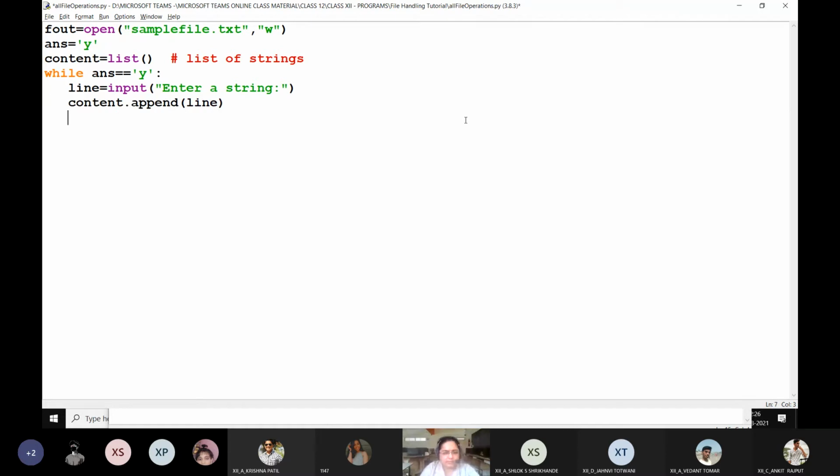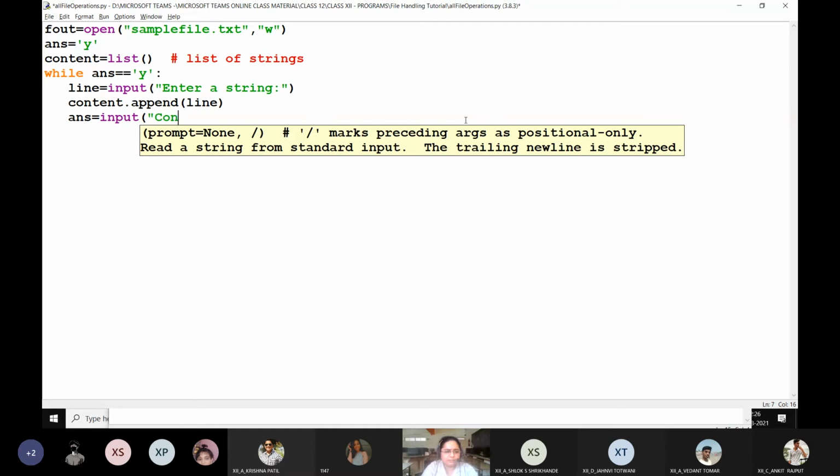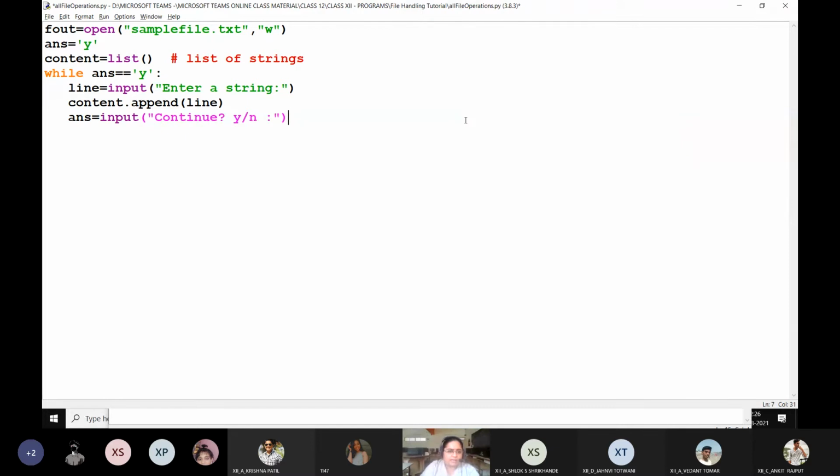This line which I read from the user will be appended to this list. Fine. And I will ask whether the user wants to continue, yes or no. And depending on that, the loop will terminate. So once this is done, now content is what? It is a complete list of strings.